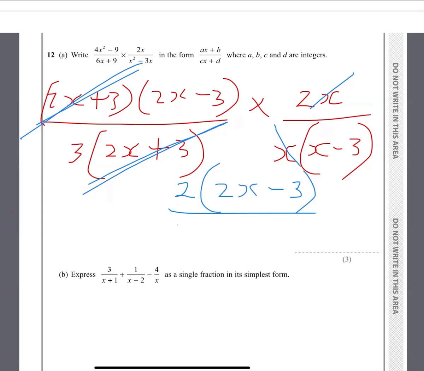Is that all? You just, and then x minus 3. Beautiful. You need to be